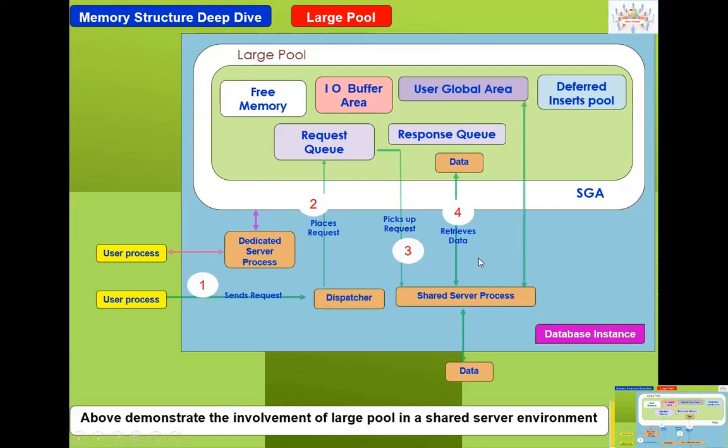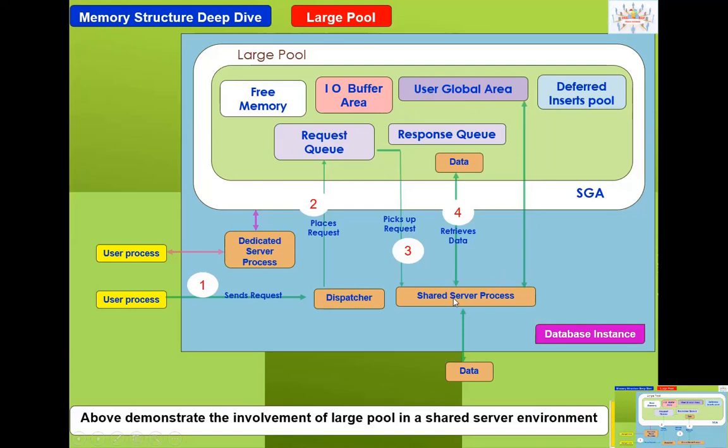And further, the very important one is that the process information should be shared. If it is a new execution plan, that information should be available and accessible for the rest of the shared server processes as well. Because in the shared server environment, we can't specifically say this particular server process will pick this request. Whichever shared server process is freely available will pick the request from the request queue. So that's why that information should be available.